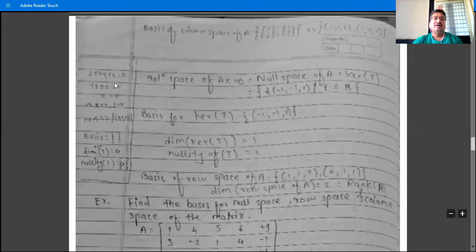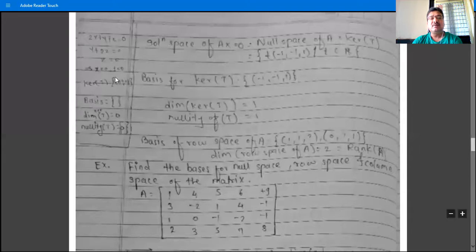So we will write here, suppose after rewriting the equation we have this system, that is, 3 equations and 3 unknowns. And obviously, if we have 3 unknowns and 3 equations, then we have the trivial solution. That is, the values of x, y, z are all equal to 0. In that case, kernel of T is equal to {(0, 0, 0)}, and the basis is the empty set, phi.